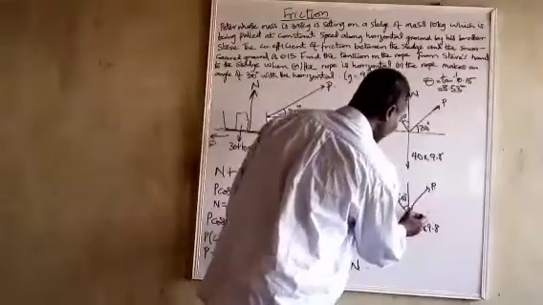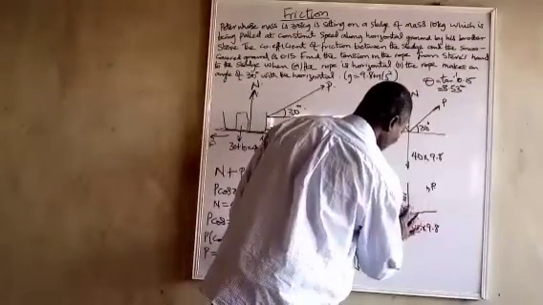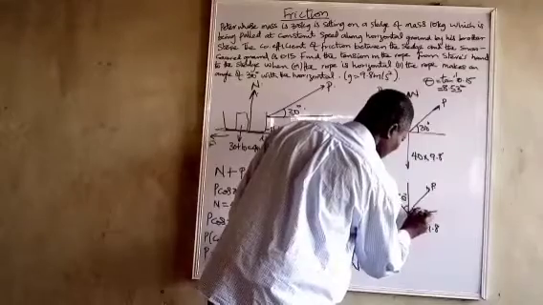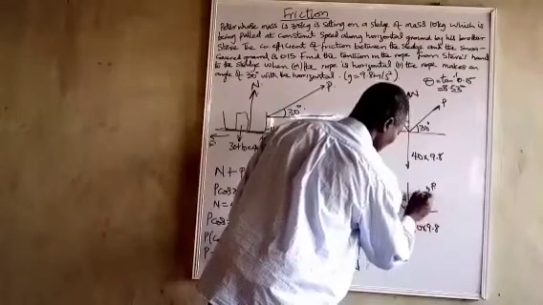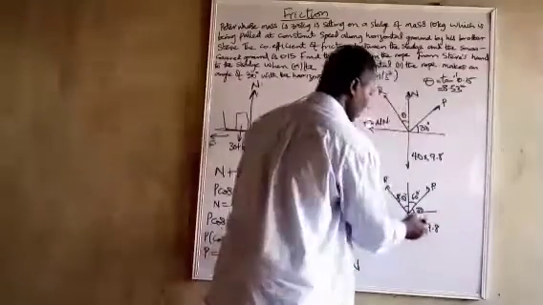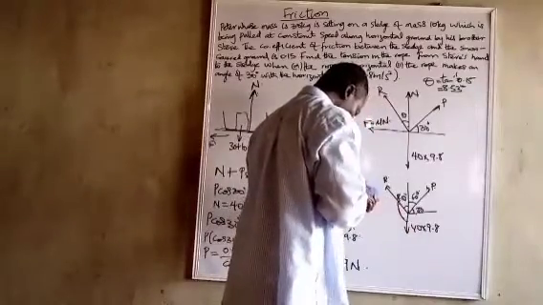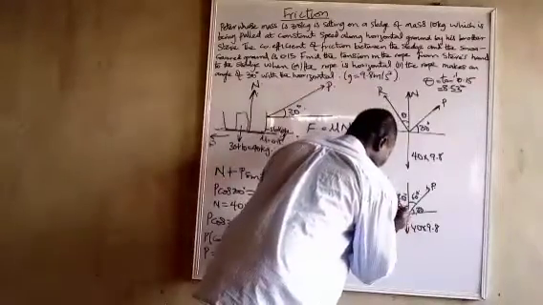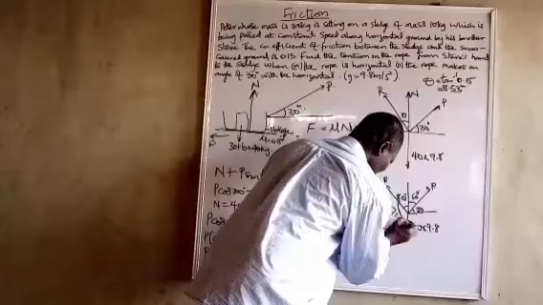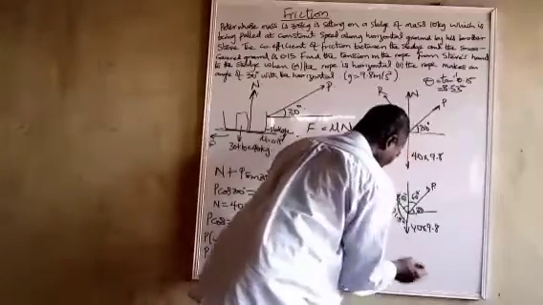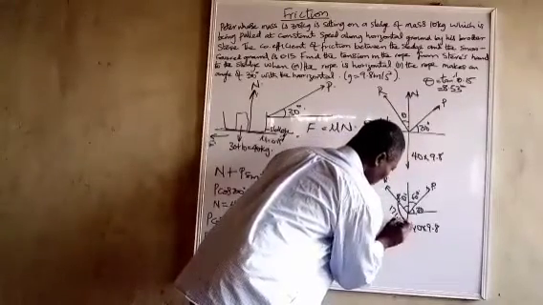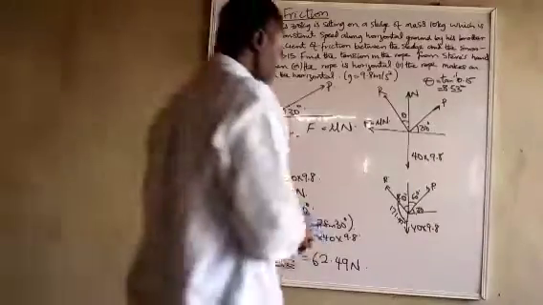You know that this angle is 30 degrees, so this angle here will be 60 degrees. This angle is 90, and this one will be 180 minus 8.53, which is 171.5 degrees. So if I use Lami's theorem,